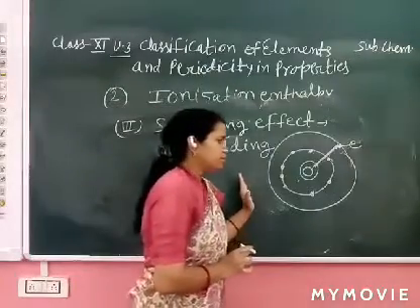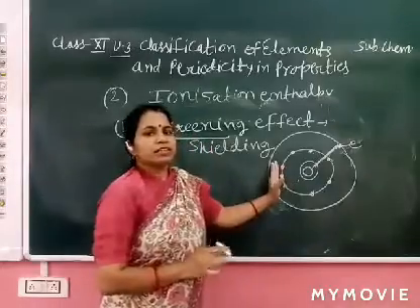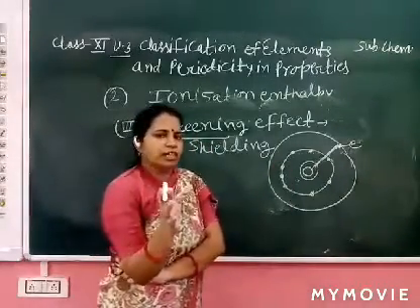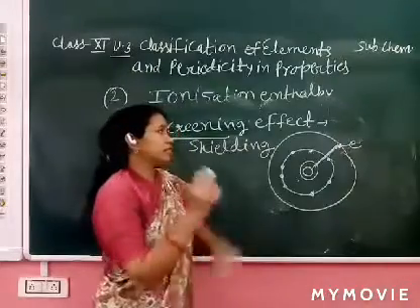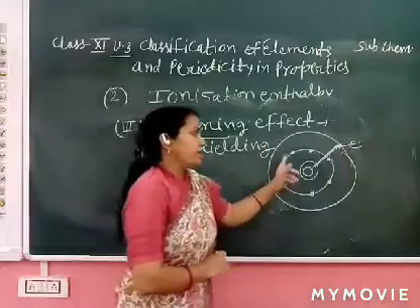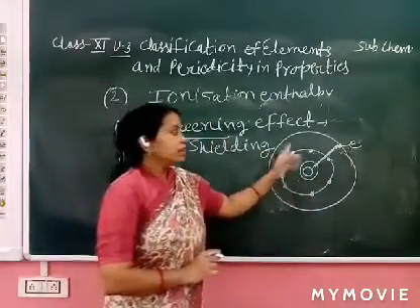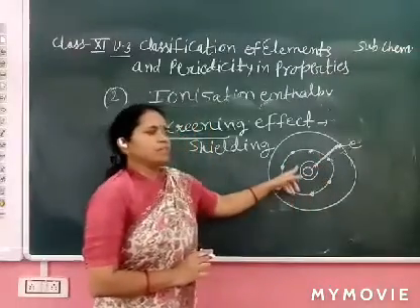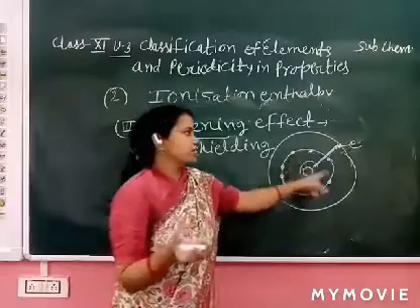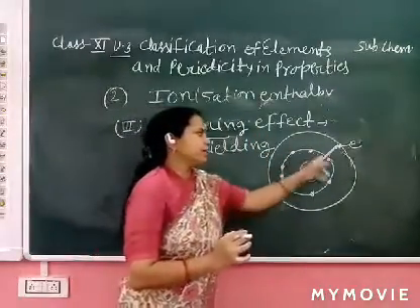Now again I repeat. When we increase the number of electrons in the inner shell, this condition we consider in d block in 12th class. In 12th class in d block we consider the screening effect. This is the major effect on d block elements. When the number of electrons is increased in the inner shell, it shielded the charge of the nucleus. Nucleus is positive, electrons are negative. Around the nucleus, electrons are present, they shielded.